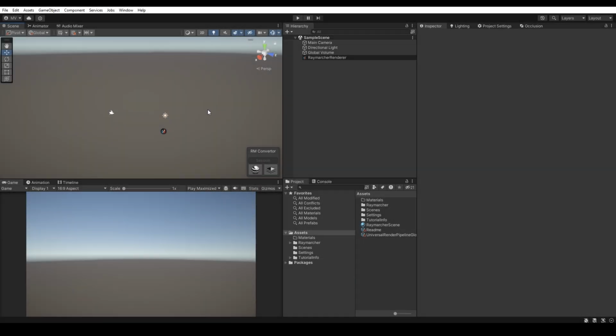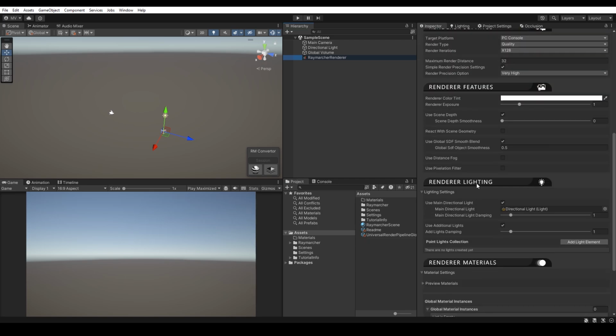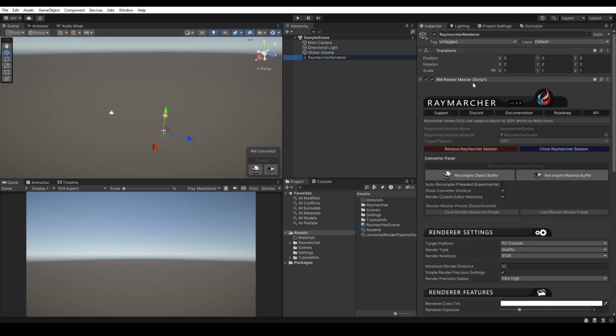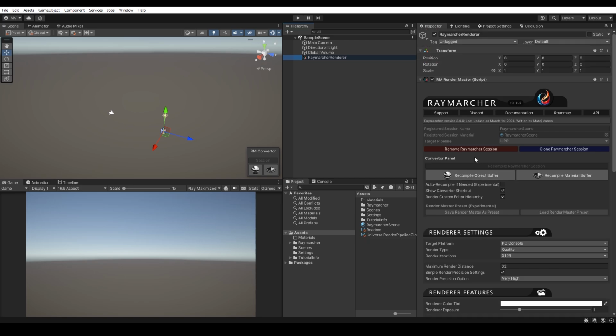In the Unity engine, after setting up the Raymarcher renderer, each Raymarcher session is stored in the Raymarcher renderer game object, which contains a component called RenderMaster. The RenderMaster is the core monoclass of the Raymarcher renderer, containing various subclasses, each dedicated to handling specific tasks. In the Unity inspector, you can control all the settings and features that the Raymarcher offers. At the very top, you can find the Session Information panel and a Convertor panel, both allowing you to manipulate